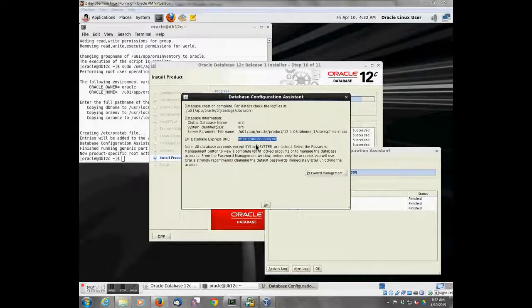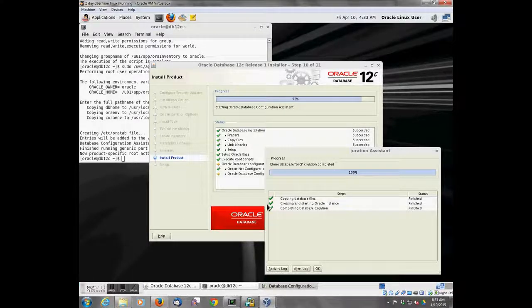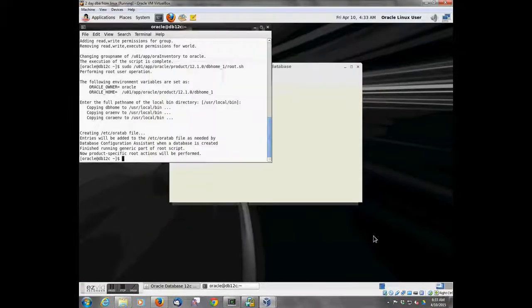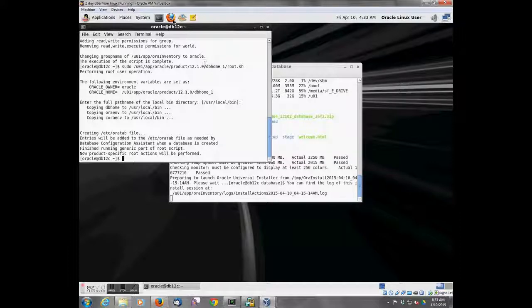So the database is finished installing. It comes up and tells us that we do have a database admin, the database config assistant, that allows us to come in and manage through the DB console. We can go in and change passwords. I'm going to leave the passwords the same. We just need to remember that the Enterprise Manager is on port 5500. And with this, we are done with the database. Now, if we want